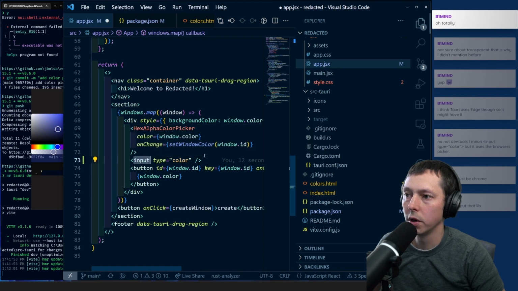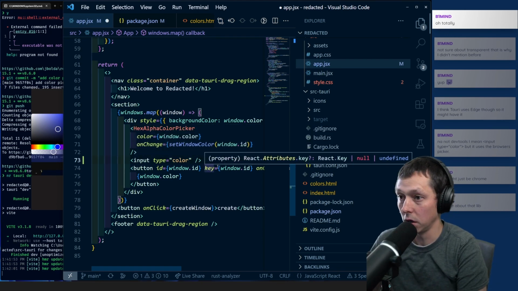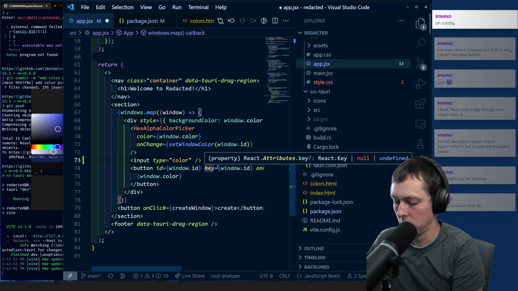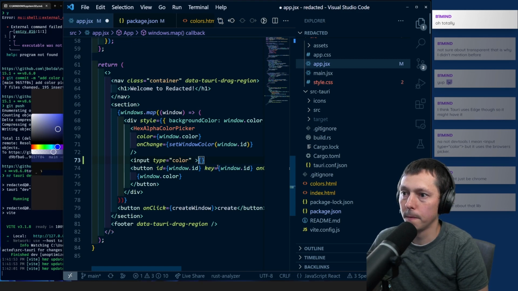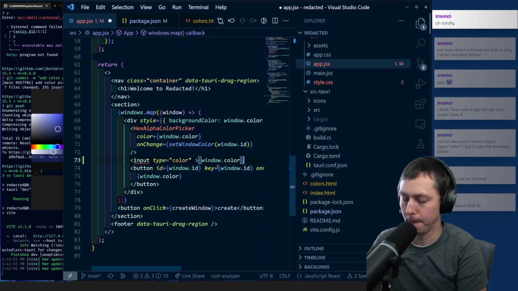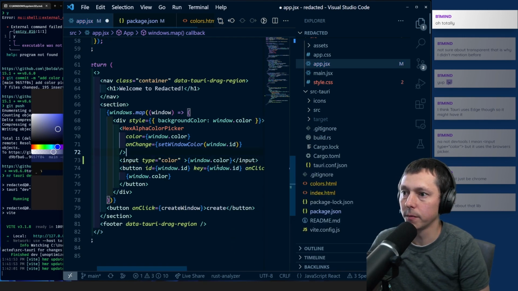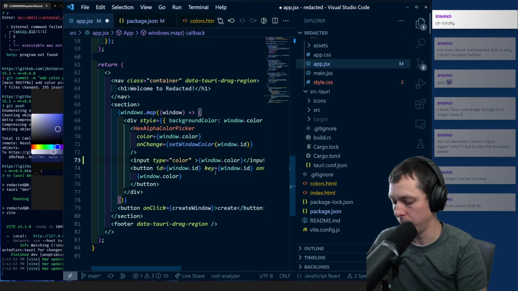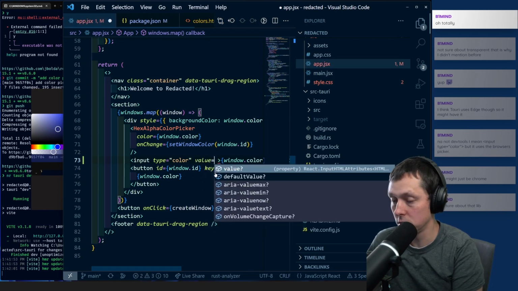So we're doing an input element. I think we go something like this. Type color, value equals